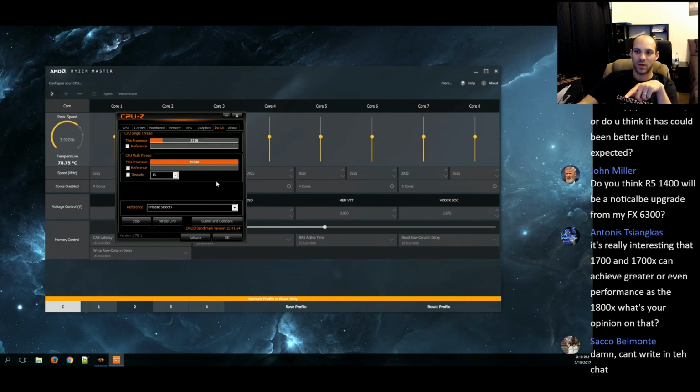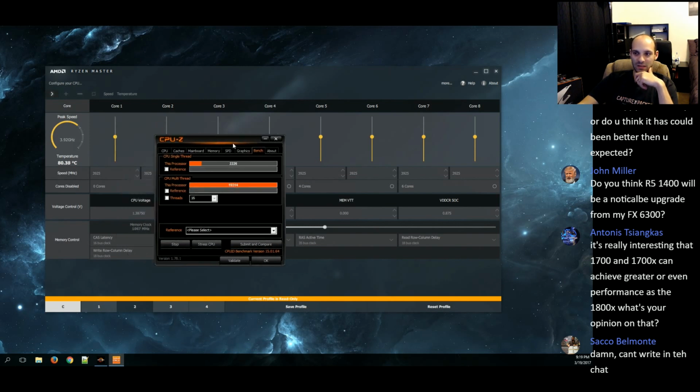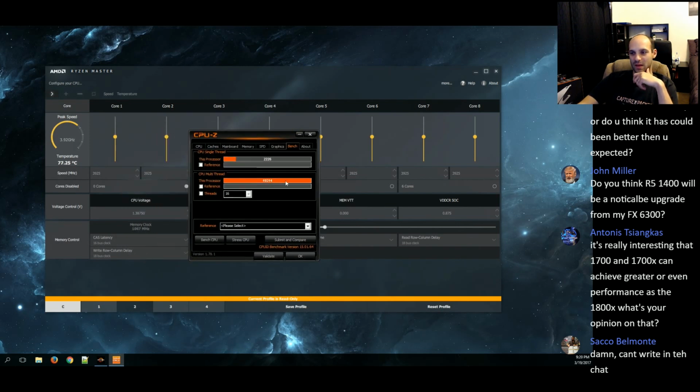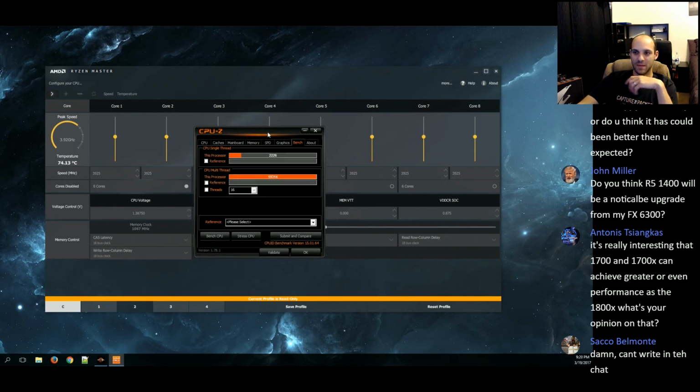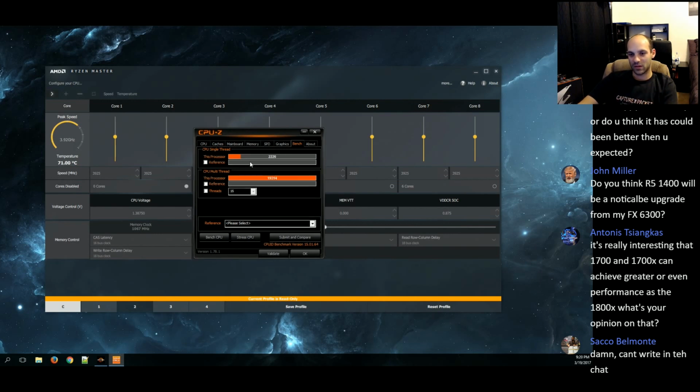Yeah, the R5 1400 should be a noticeable upgrade. When you look at the IPC performance, like man, I closed it. Let's load CPU-Z again because I want to show you something. This isn't really fair because we're running 8 cores overclocked, but I want to show you clock for clock something real quick, because when you compare it to